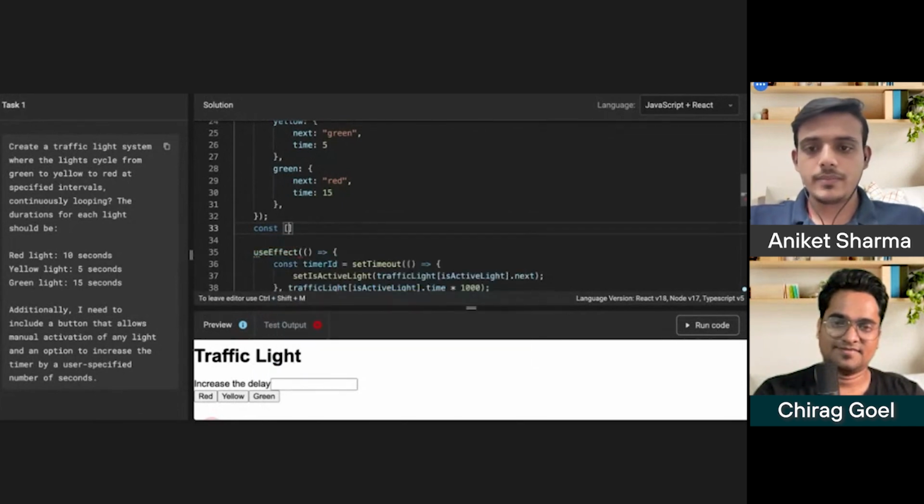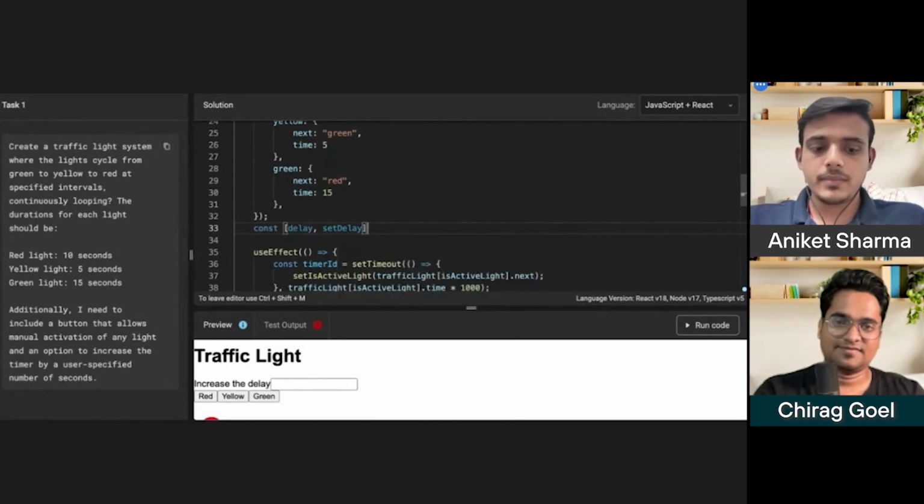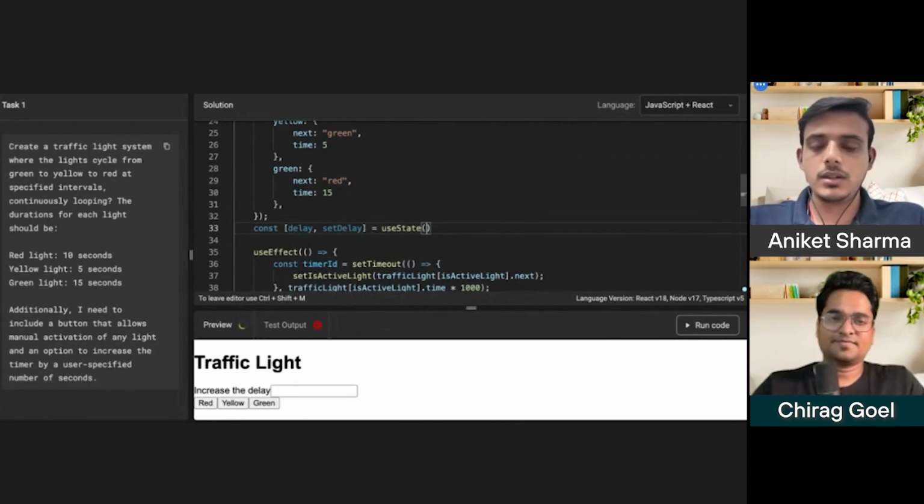So const delay, set delay, use state, by default it would be 0.